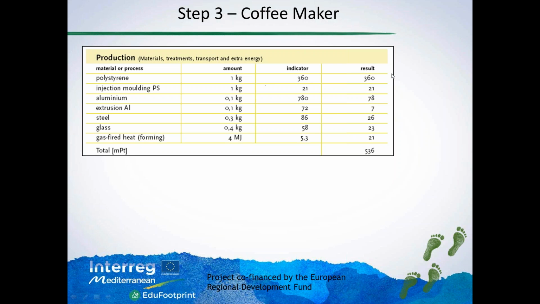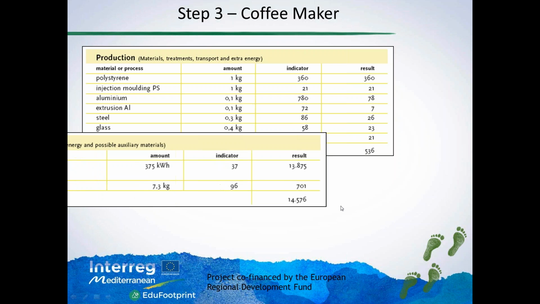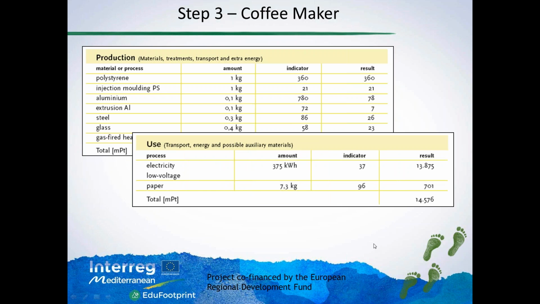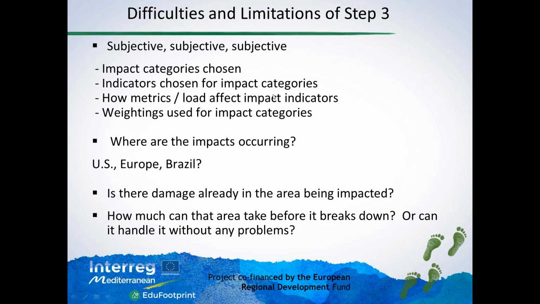As you can see, the result is the multiplication of the indicator and the amount. Then the same for use phase, and I have to accelerate because time is going to finish,